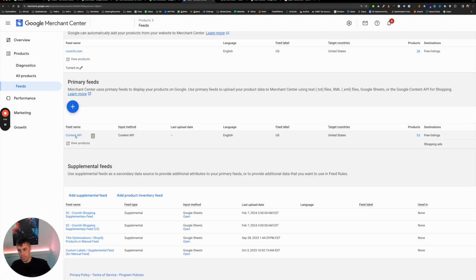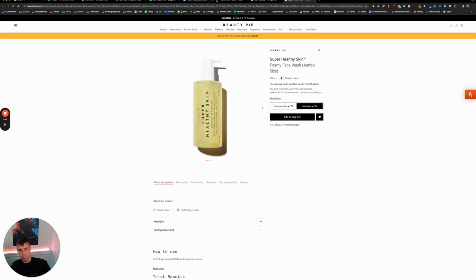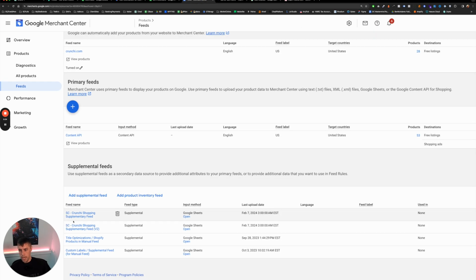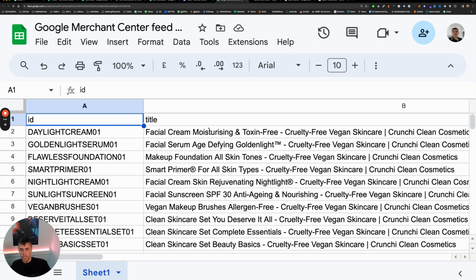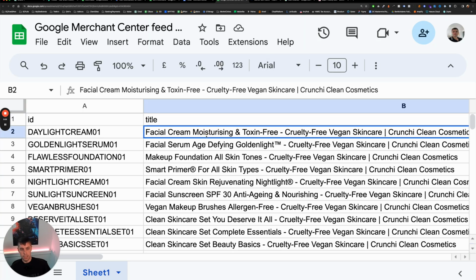So you have your main feed, which is from your website most often in one way or another. And then you have a supplemental feed. So for example, Crunchy Shopping Supplementary Feed. What you do is you create a Google Sheet, you hit the plus button and you create a new feed. If we go into this particular feed, you can see that we have the title of the product, which is different to the one which is listed on their website. So it's got other added benefits. It's got factors like cruelty-free and vegan, things like that, all pulled in as well,